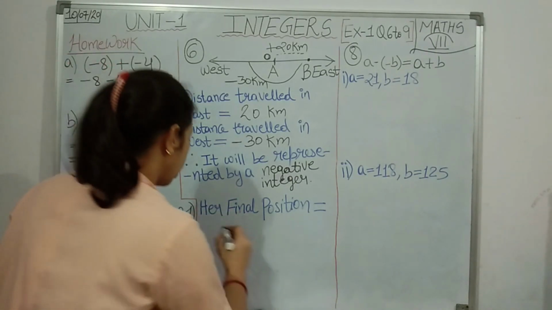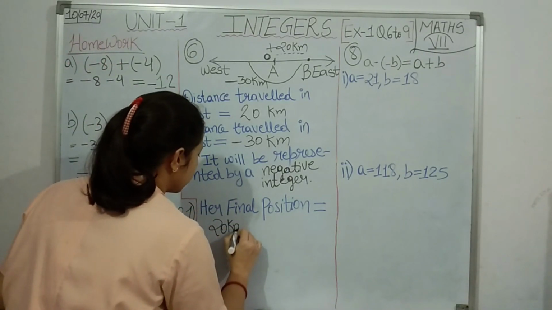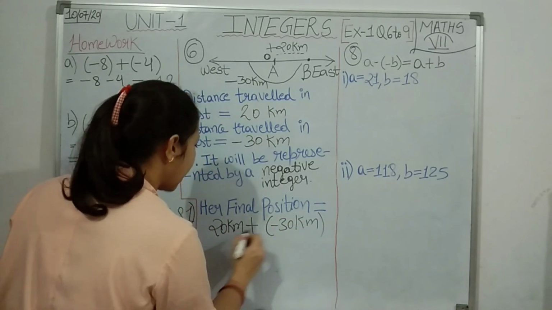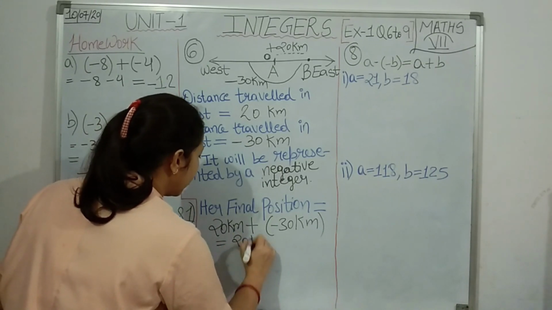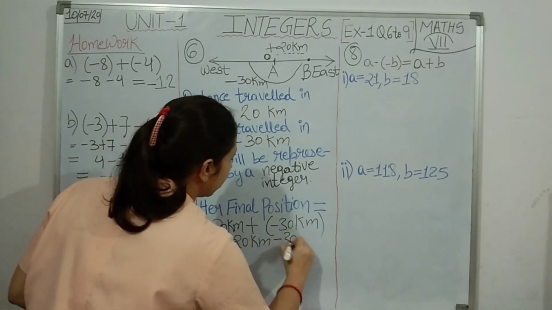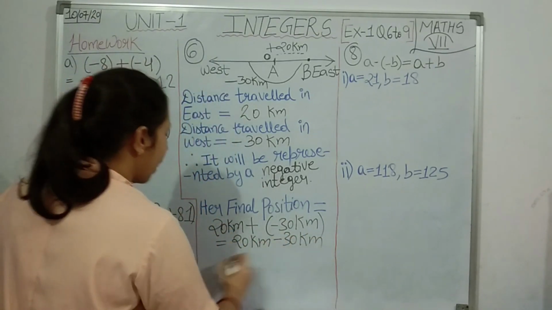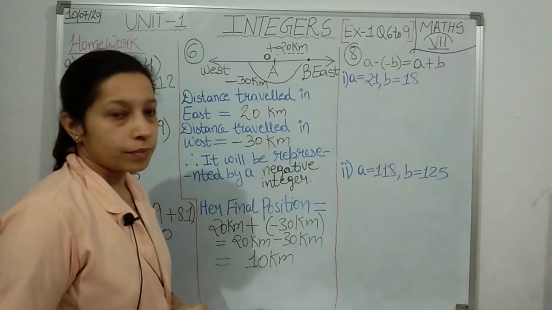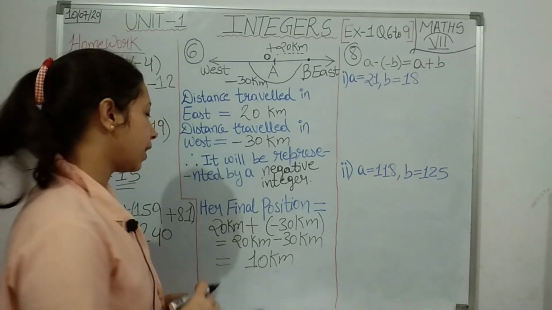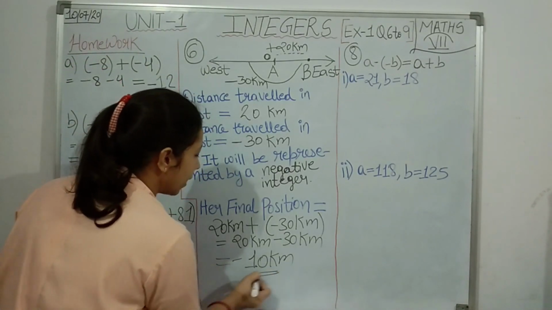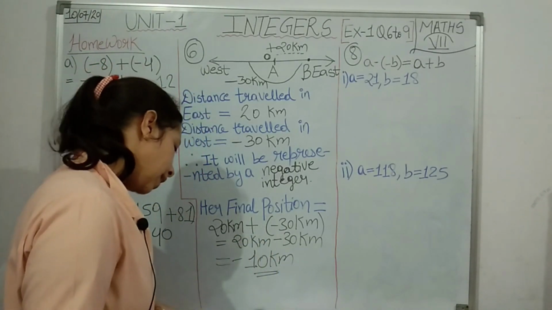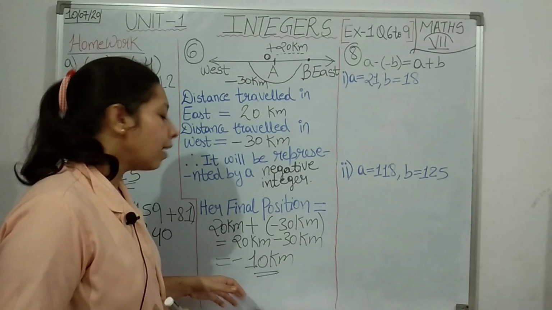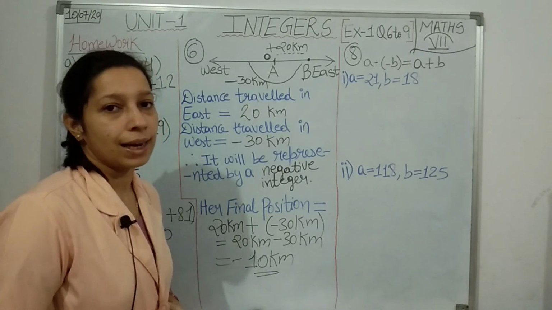Then the last part of the question: what will be her final position? Her final position is equal to 20 kilometers plus she has travelled 30 kilometers. So students, again take the value out of the bracket. So 20 kilometers plus minus 30 kilometers. Okay, 20 minus 30 will give 10 kilometers. Which sign should we write before 10? Again see which number is greater. 30 is greater, with a negative sign. In the answer also you are going to show minus 10 kilometers. And again you can write one line with this. Her final position will be represented by a negative integer, and the integer is minus 10 kilometers.